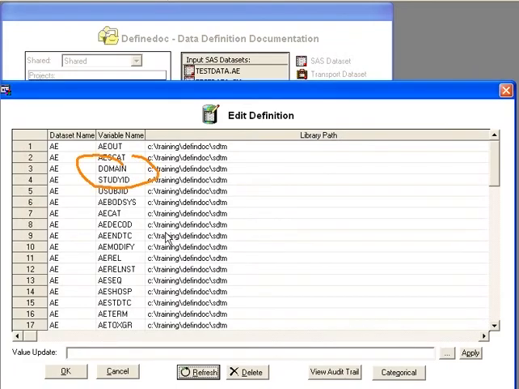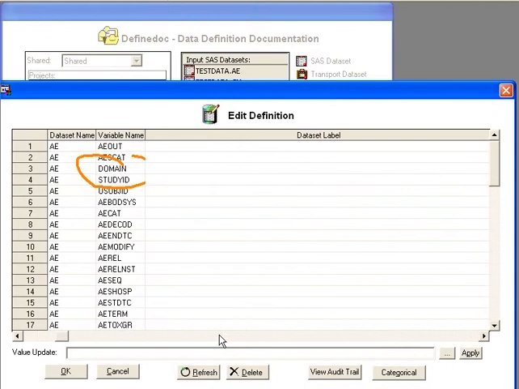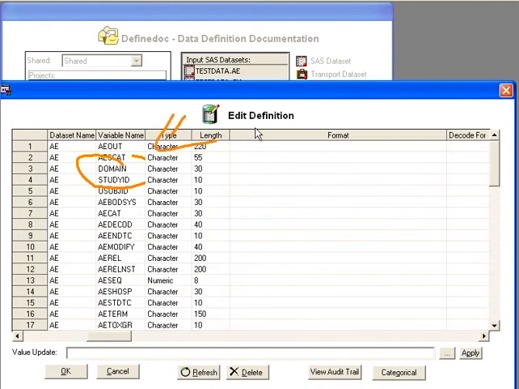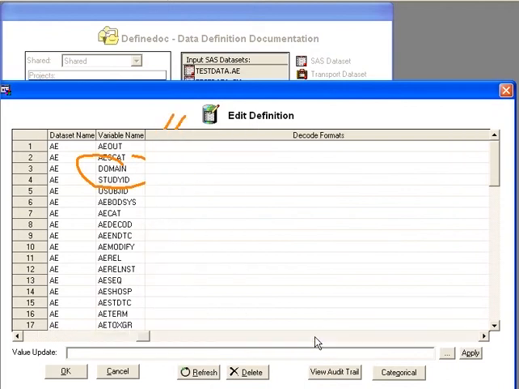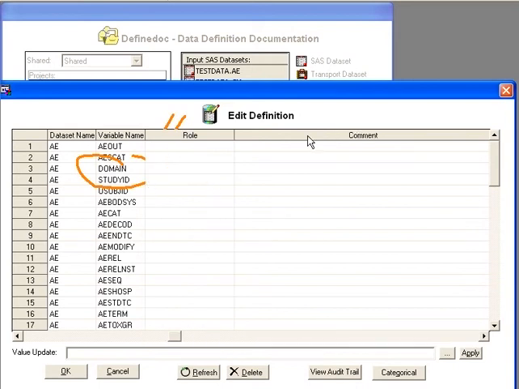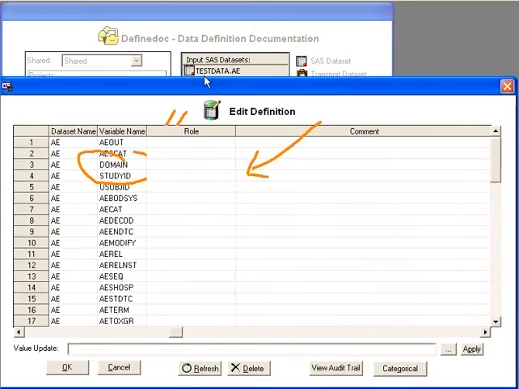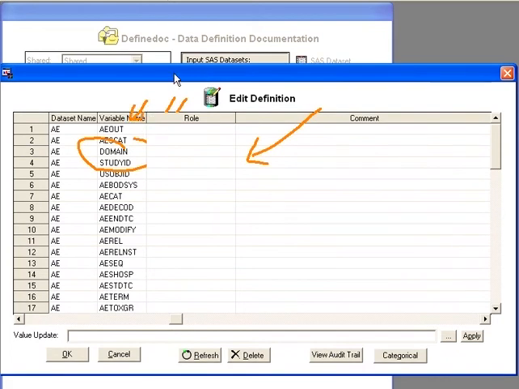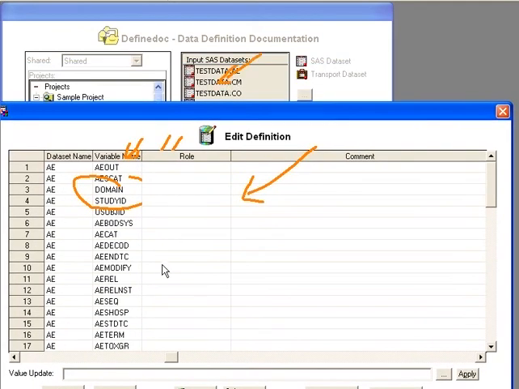When it applies the update, it only applies those that are like variable names and the type and the length, but it does not change things that you've changed or edited, such as the origin or comment. Those are values that you typed in, so it only updates those that are captured within the metadata of